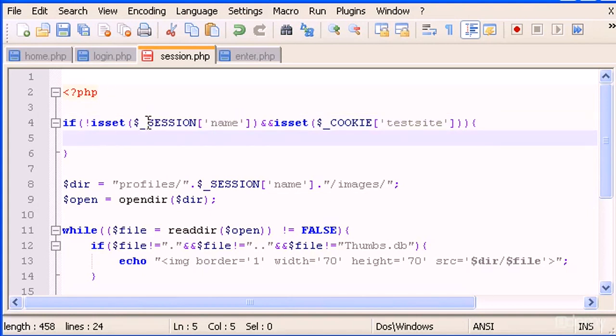Neither of the session global variables. So if there's not a session and there is a cookie, set a session name, okay? And to set a session name, it's pretty simple. We have to type session name. It's going to be equal to the value of cookie,